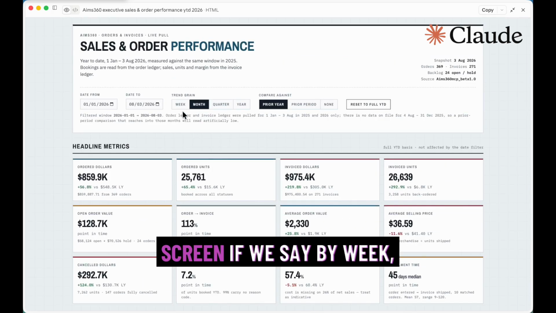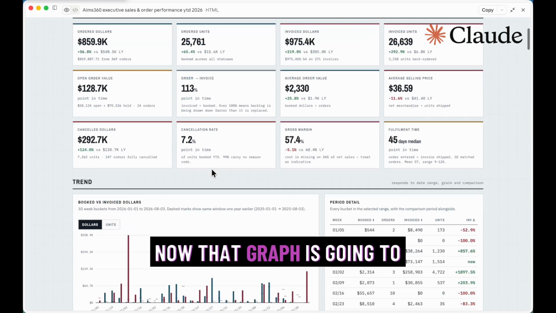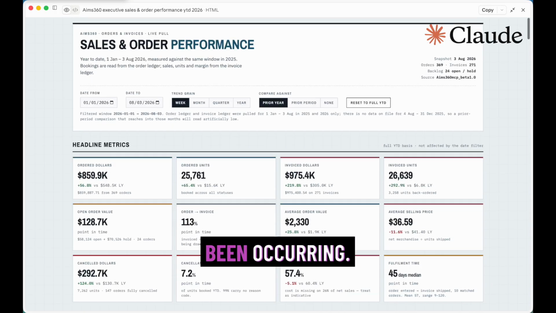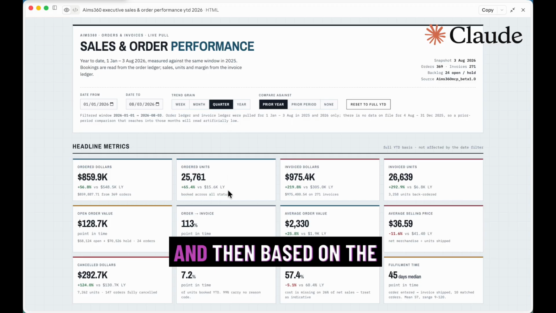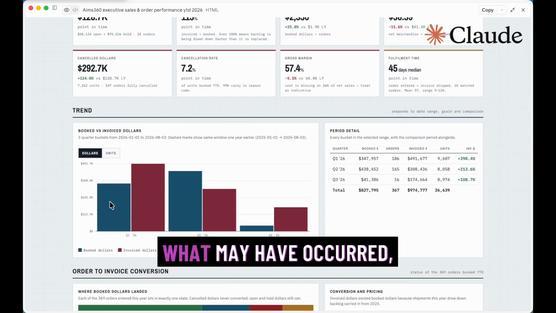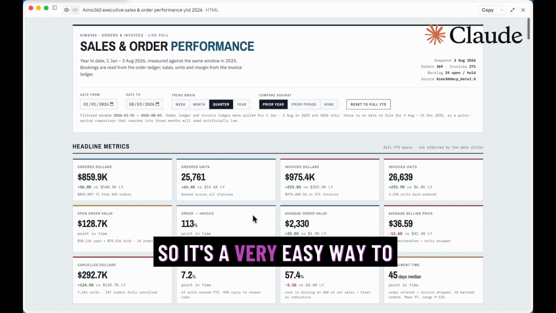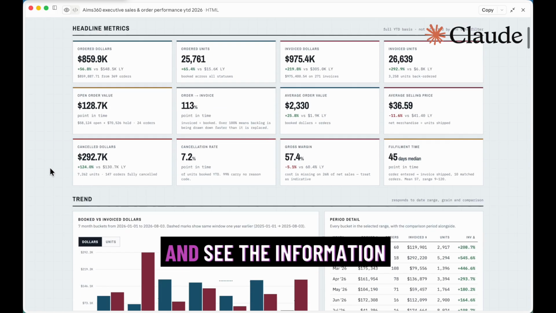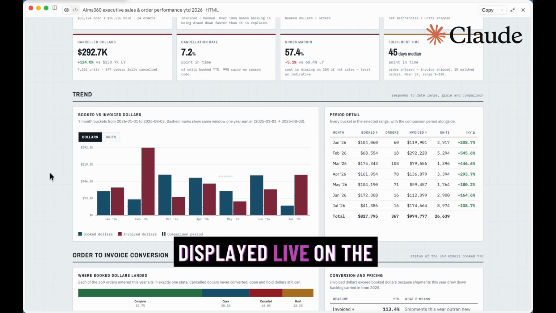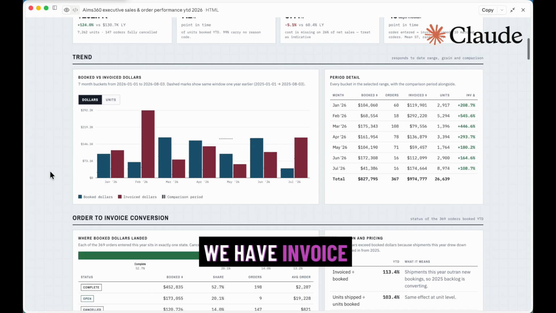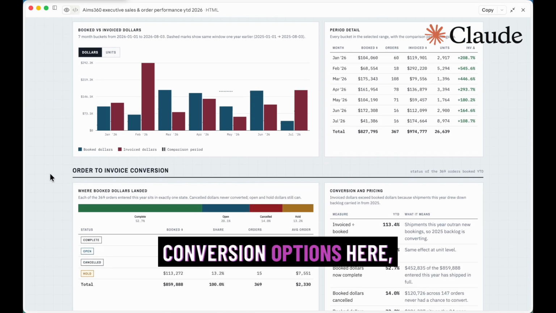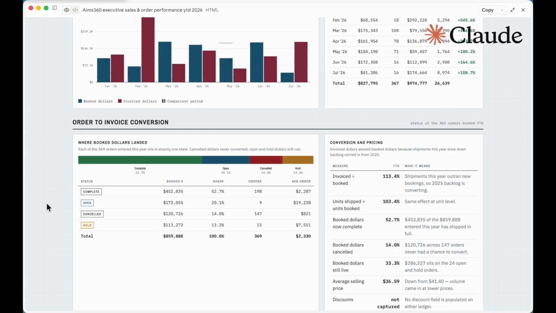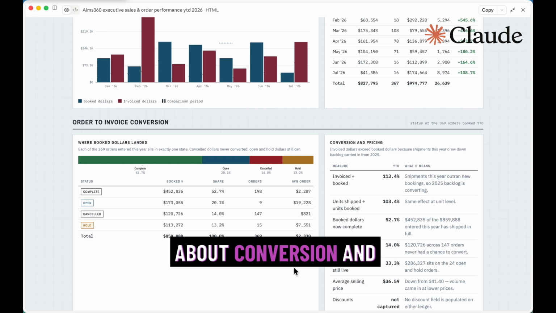So at the top of the screen, if we say by week, now that graph is going to change and show us weekly exactly what might have been occurring. Or we can say by the quarter, and then based on the date range, what may have occurred, right? So it's a very easy way to update that data very quickly and see the information displayed live on the dashboard. We have invoice conversion options here, how many were completed, open, how many were canceled, detailed information about conversion